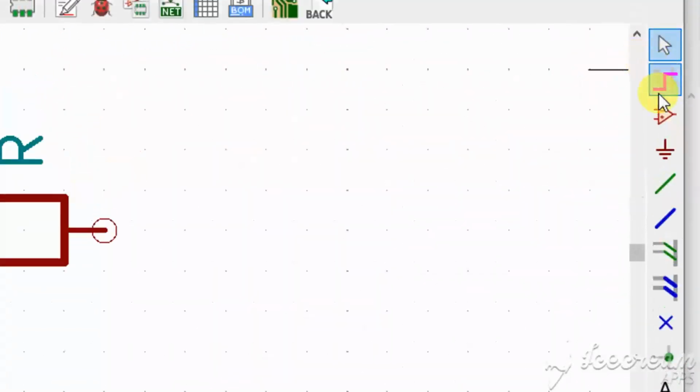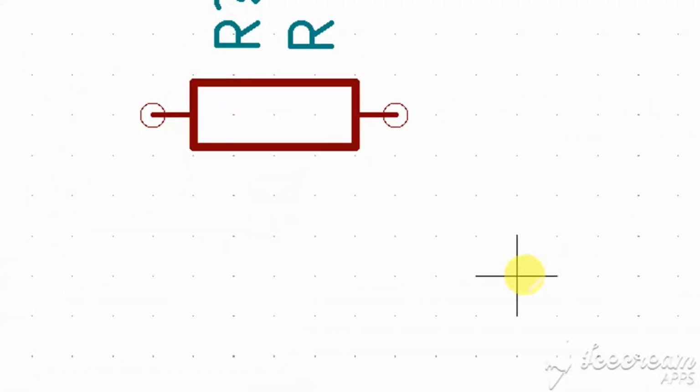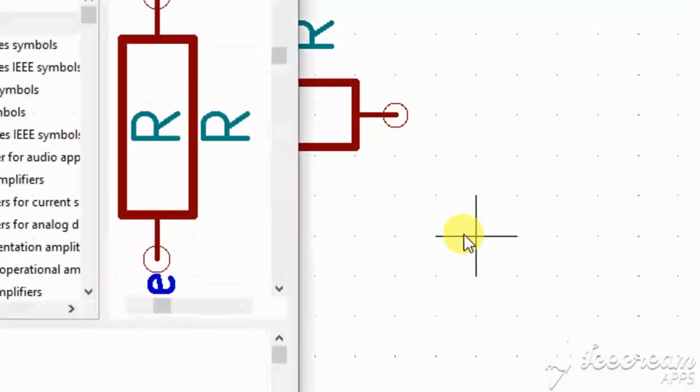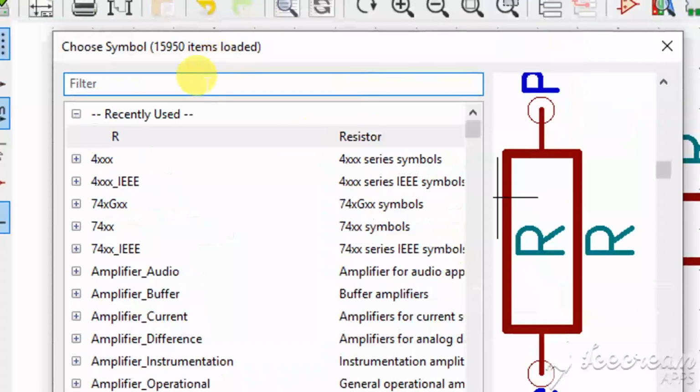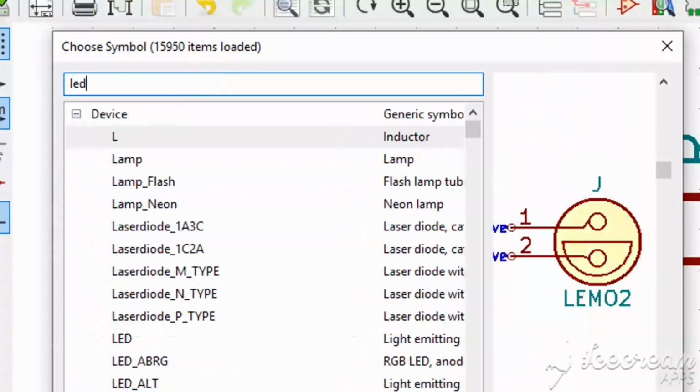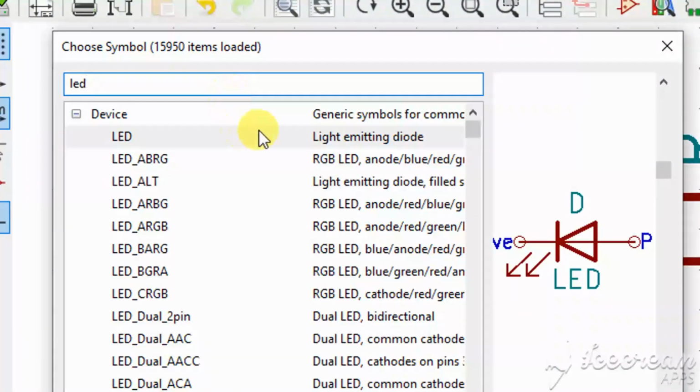So I click the place symbol tool and click your designer area, and the load symbol dialog box appears. Next search LED. The LEDs show, and light emitting diode.